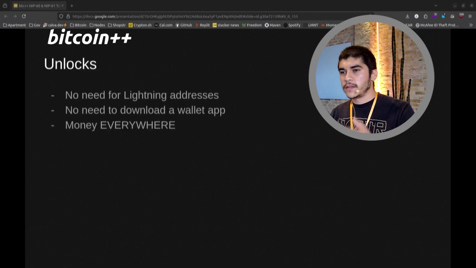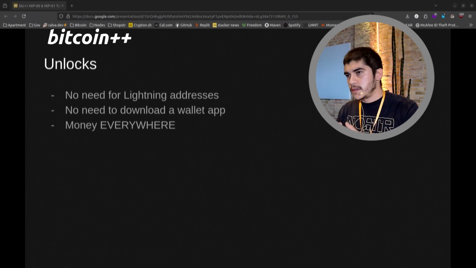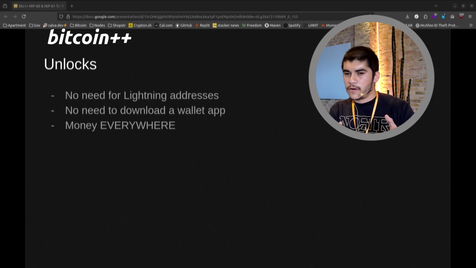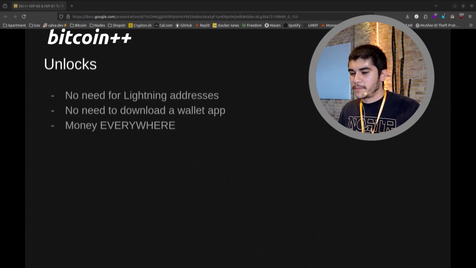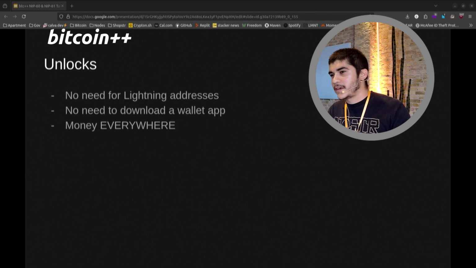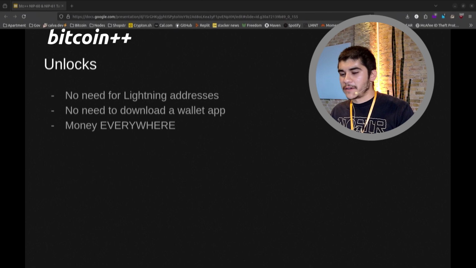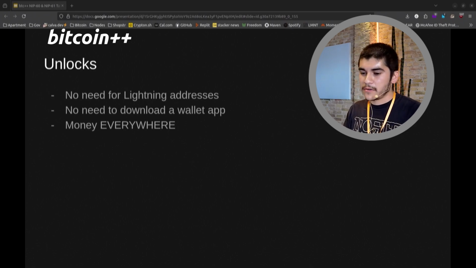One of the things this type of system unlocks is that there's no need for Lightning addresses on Nostr anymore. That's one of the biggest issues. Zapping is great, and it's a really cool thing when someone realizes, oh, I can receive a few pennies, even $1, if I shitpost or put something out there. But because of the need to get a Lightning address, it can be complicated, at least in my opinion, for a lot of new users, especially ones who have no idea how to use Bitcoin. It gets very difficult, and you have to create a new account for a lot of things, use your email, and it gets a little convoluted.